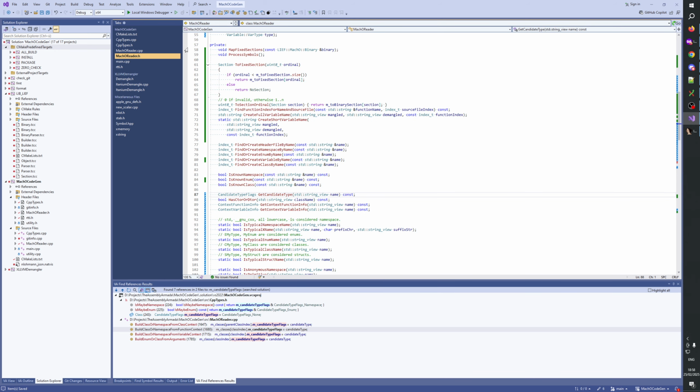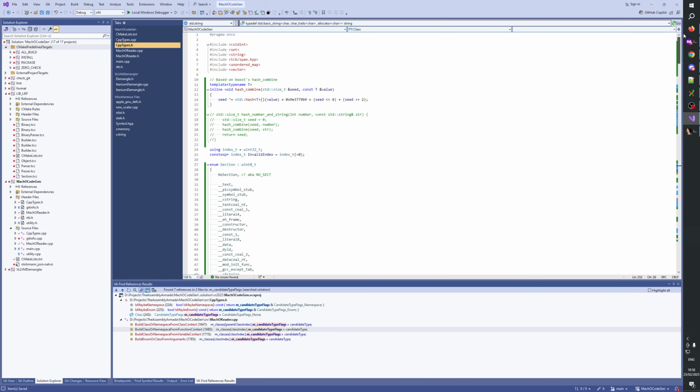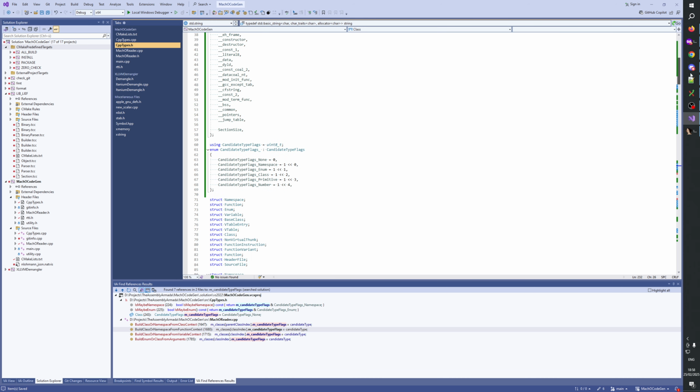So we have candidate type, flags, using type, symbol type, uint8. So symbol types we have